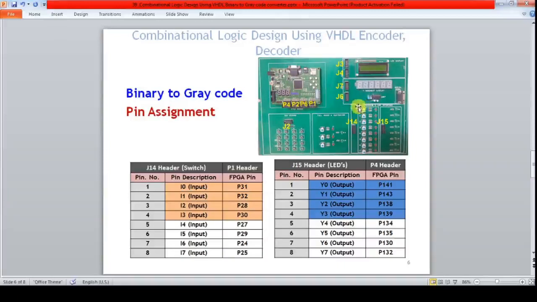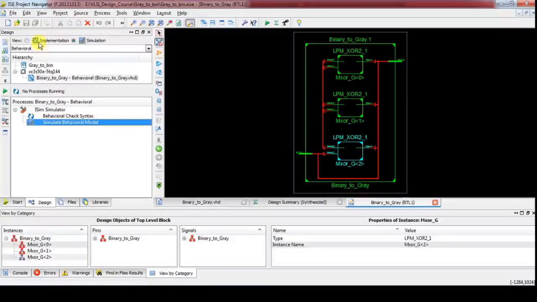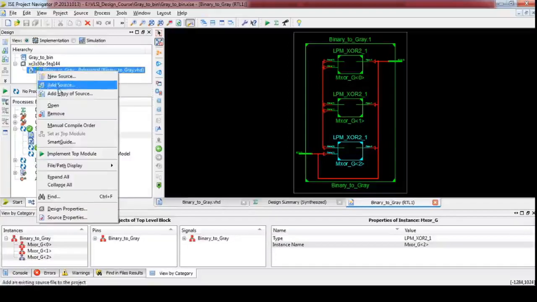The first 4 switches we are going to use as the binary input, and the 4 LED outputs are considered as the gray output. We are going to assign pins for B3, B2, B1, B0, which are P31, P32, P28 and P30 as the inputs, and these are the LED outputs. So let's start creating the user constraint file.